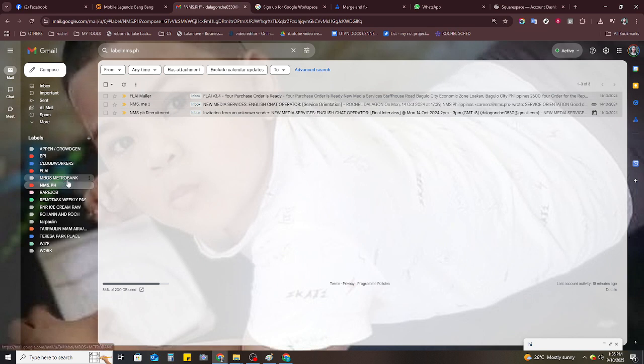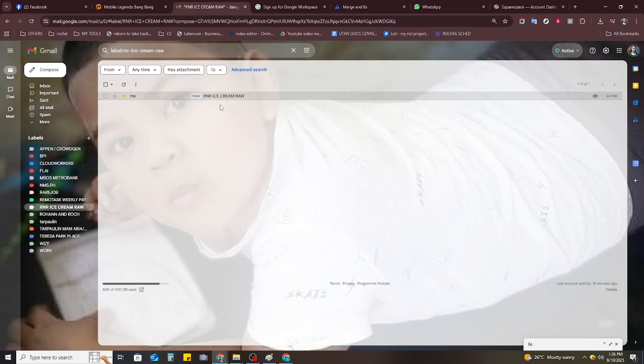Alternatively, you can click the Move to option, then select the label, and the email will move to that folder. To take your email organization to the next level, you can automatically direct certain emails to a specific